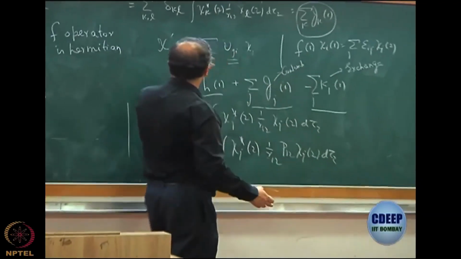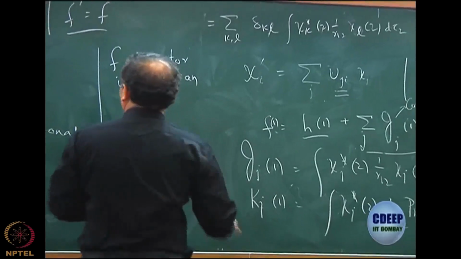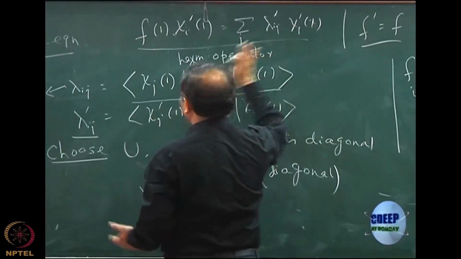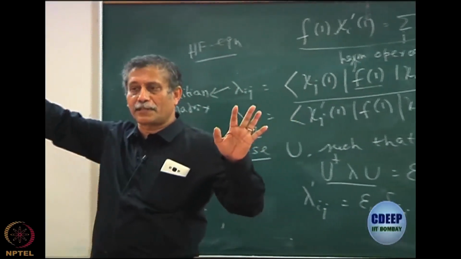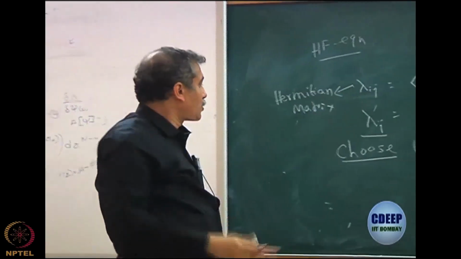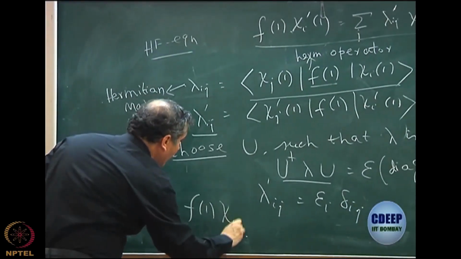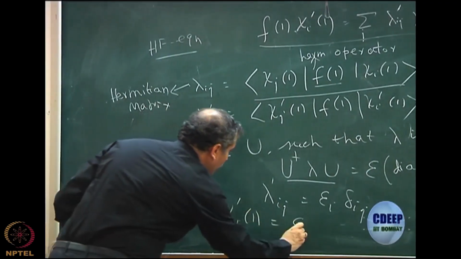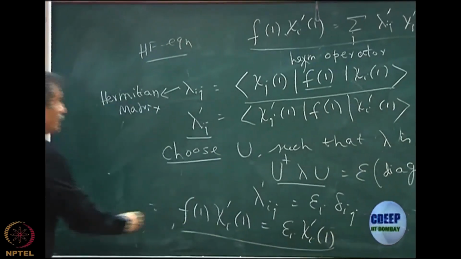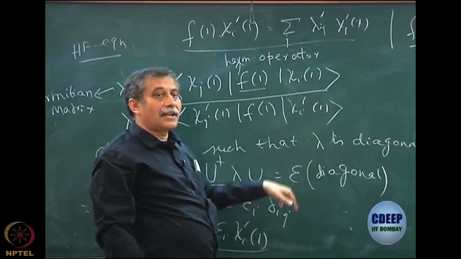So one thing I understood is that the f remains invariant. Okay, and then I can write the rest of the equation as just f. So this becomes chi I prime. These spin orbitals are now transformed spin orbitals, of course, but that I don't care. Okay, so eventually I can then write f of 1 acting on the new chi I prime 1 equal to epsilon I chi I prime 1. You understand? Because now your lambda prime in the new basis is diagonal by my choice,